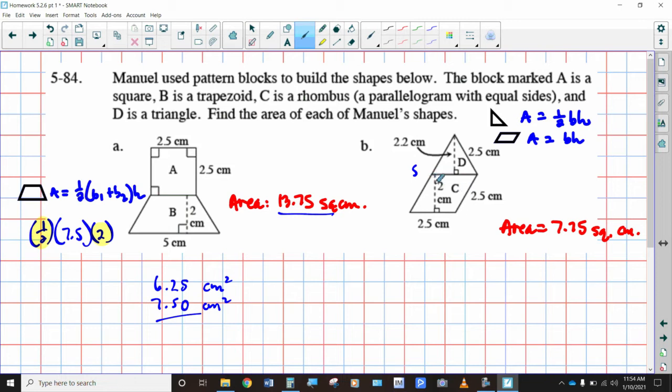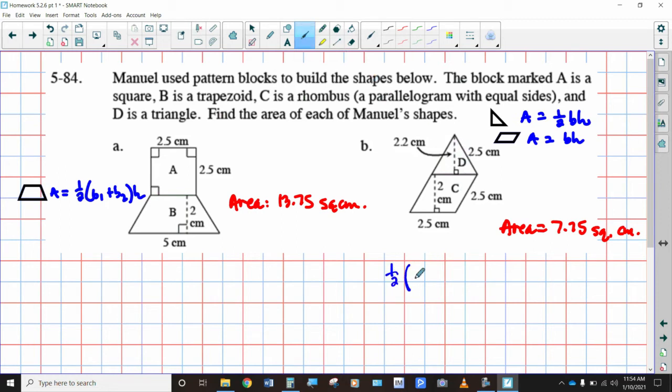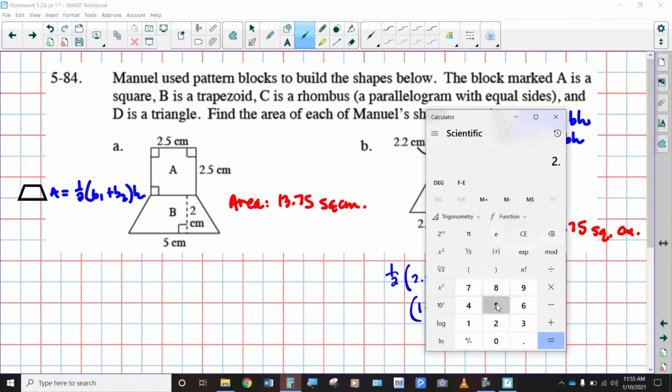It looks like it might be 2, but I don't know if it's 2 for certain, so I'm not going to go there. I'm just going to go ahead and break this down into its parts. So we're going to take 1/2 times 2.2 times 2.5, which is 1.1 times 2.5. And what is 11 times 25? 2.5 times 1.1 is